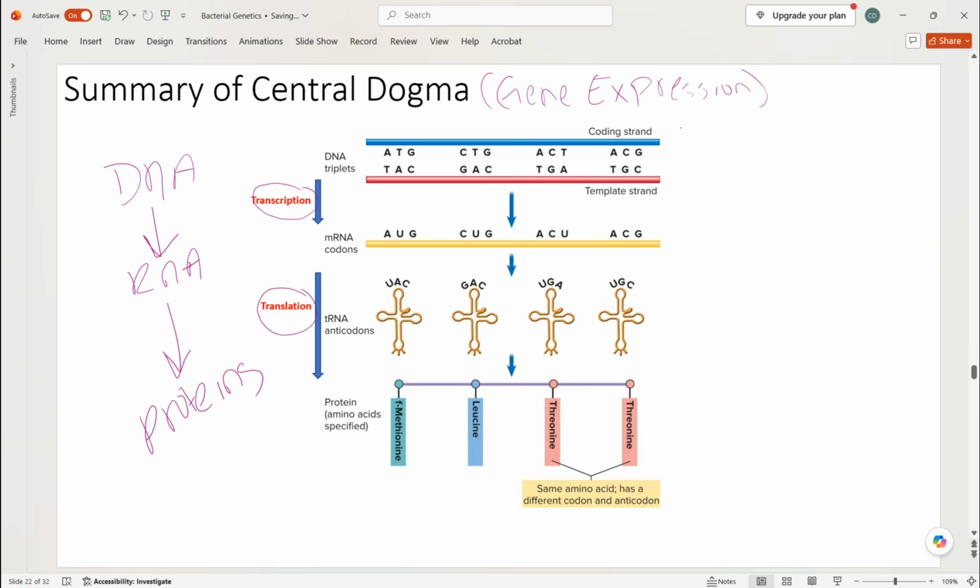Now, I want to take a second here to try to help you remember these two terms because they sound really similar. On an exam, it's easy to get them confused. And so I want you to look at transcription as a word and then translation as a word. So I would be willing to bet a lot of people are at least familiar with the term translation, but transcription, maybe not. So, with transcription, we can transcribe things. Okay, you might have heard the word transcribe before.